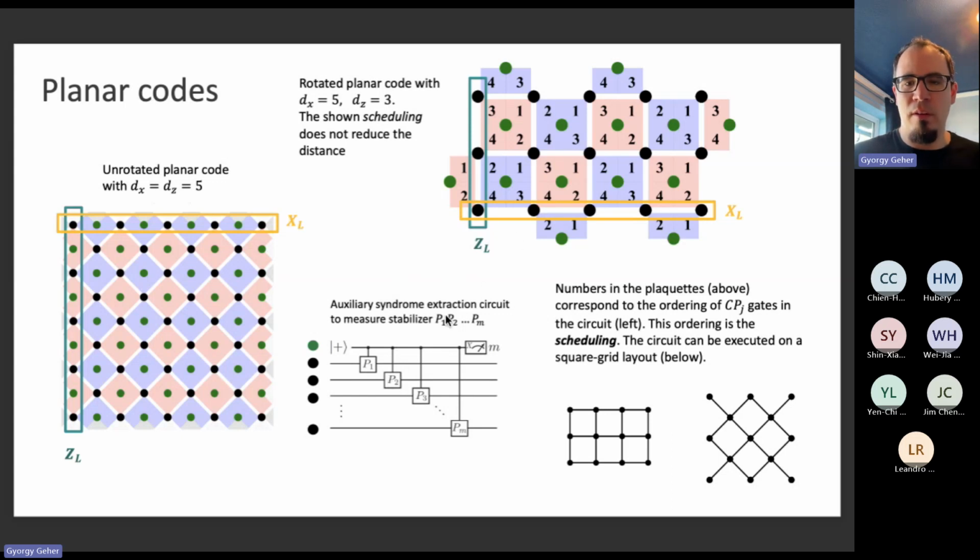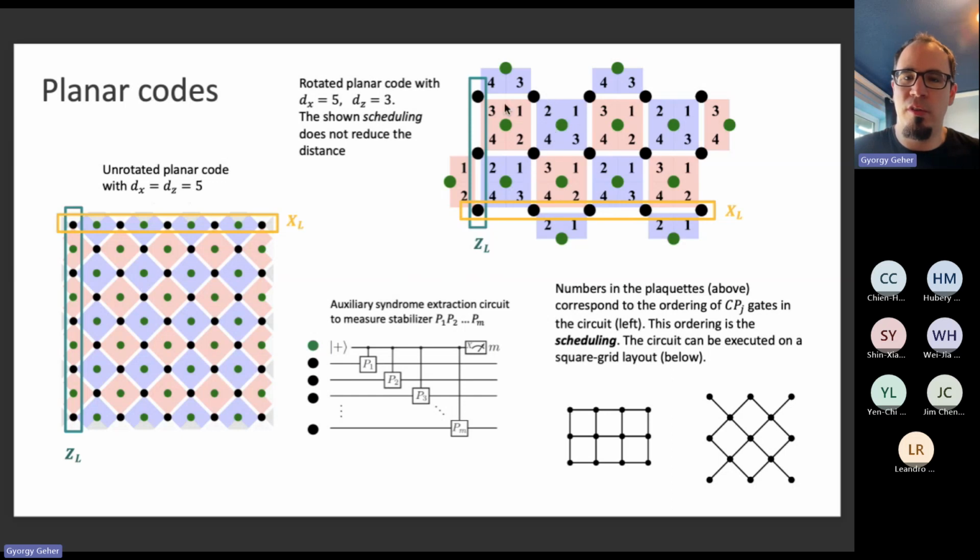So essentially, if you have a stabilizer P1, P2, and so on to PM, then this is a very natural circuit with which you can measure the stabilizer using one auxiliary qubit. These numbers essentially specify the order of the Paulis, the control Paulis you apply. And it's well known that this